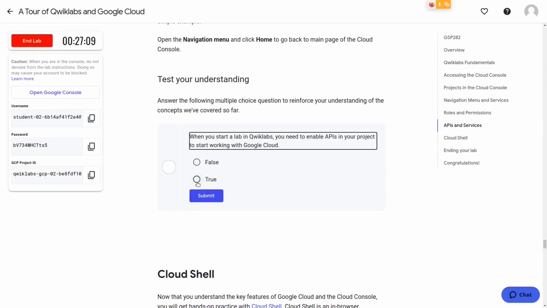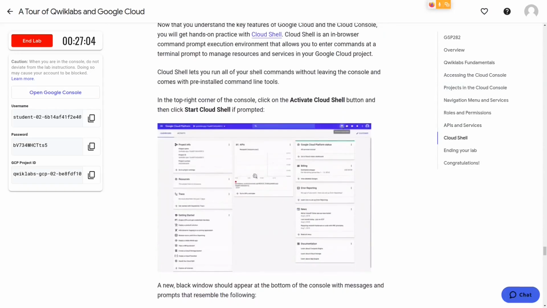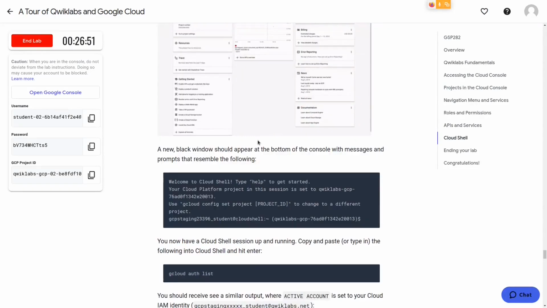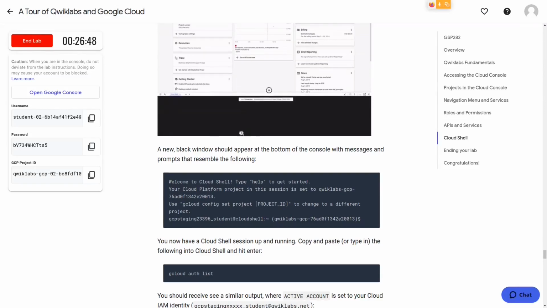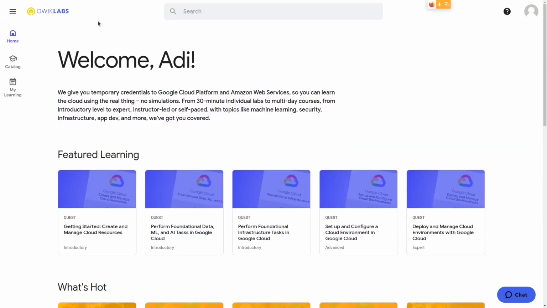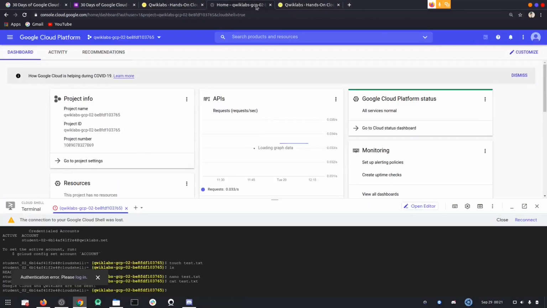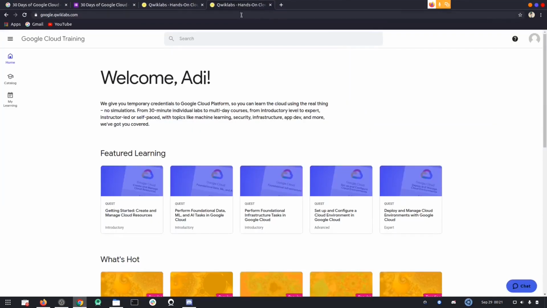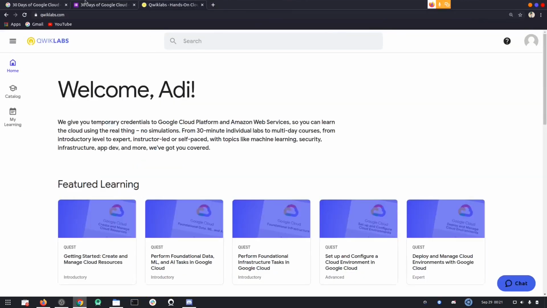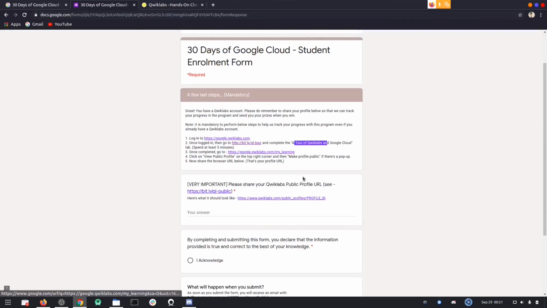These are some next steps to be taken. You can read it to understand better your lab, and all the credentials will. So press on this Quick Labs logo to come to this home screen. Make sure to put this. So yeah, with this, now we have completed these three steps.